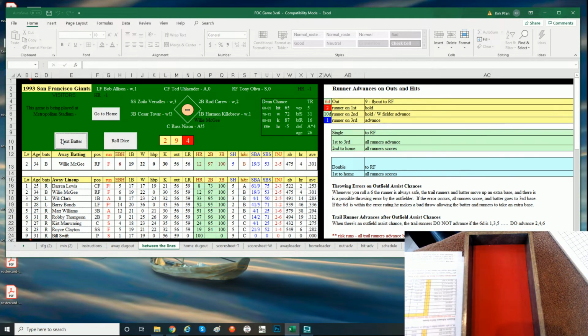Okay, so apologize. 1 for 3 is Willie McGee, singled in the third. Here we go. 2 outs now. And that is going to be a 2-0, 20. And that is going to be a walk. So bases are going to be loaded here. Another walk. I'm sorry, not bases loaded. It's first and second. I'm sorry, first and third. First and third, 2 away